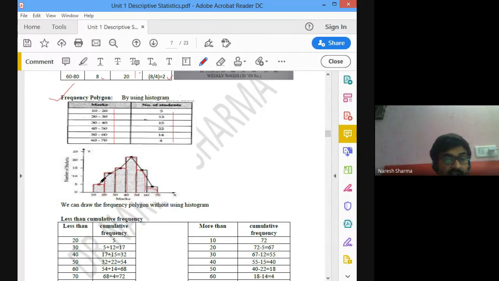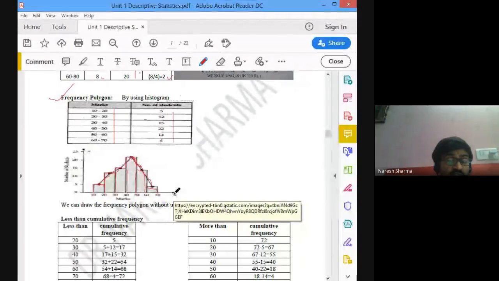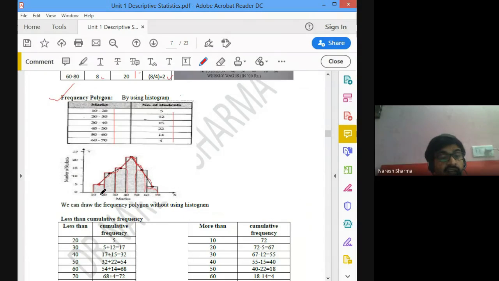Then join the center points of consecutive bars. So similarly, joining these straight lines between two adjacent points, we make one curve kind of thing. Because these are joined by lines, it is called polylines, or you may say polygons. So this is called the frequency polygon, because these represent the frequency of your data, right?